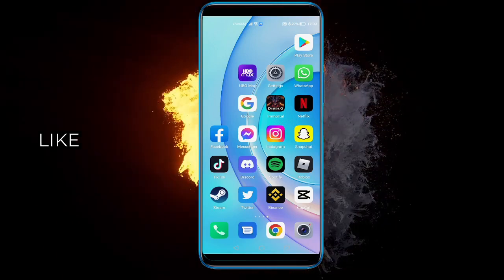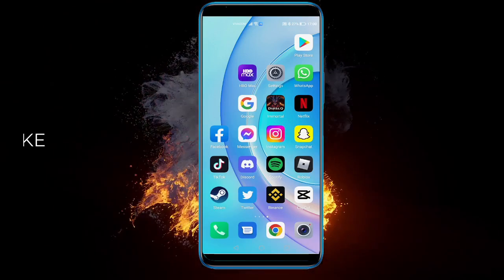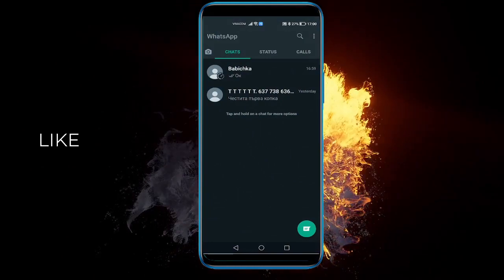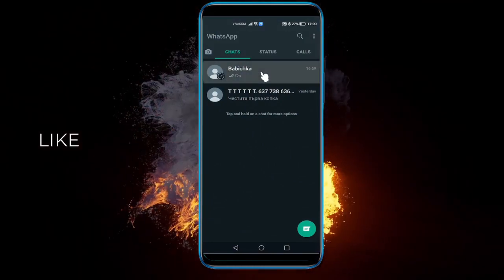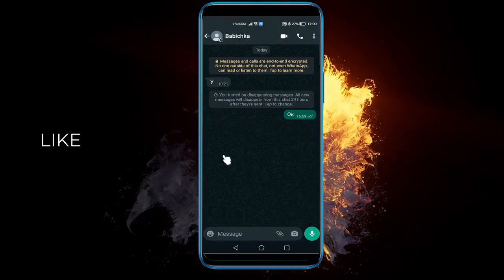in today's video I'm going to show you how to change your WhatsApp wallpaper with a conversation of some person, people or whatever, group chat, whatever you want to call it. When you open up your WhatsApp and you open up the person you want to customize your chat with, you can see that it has this little